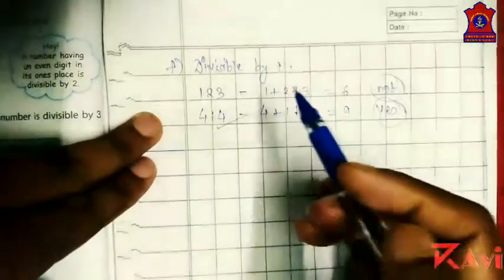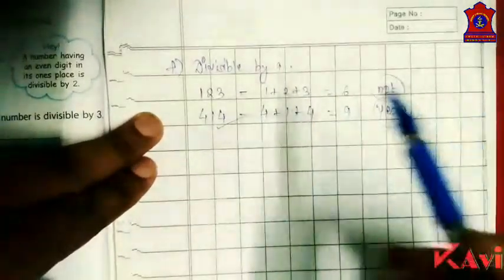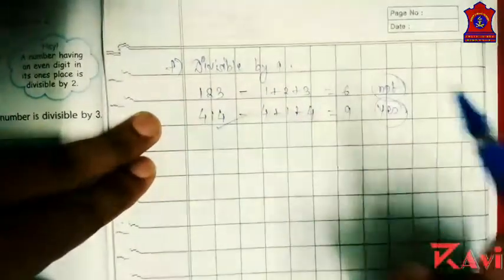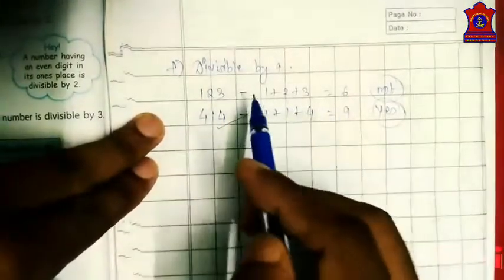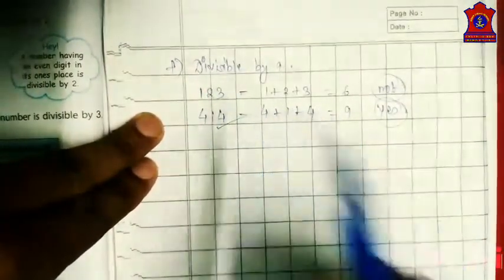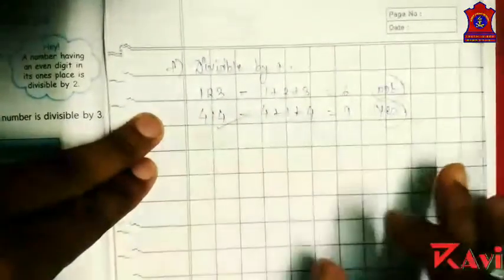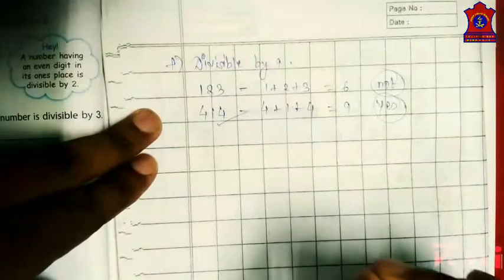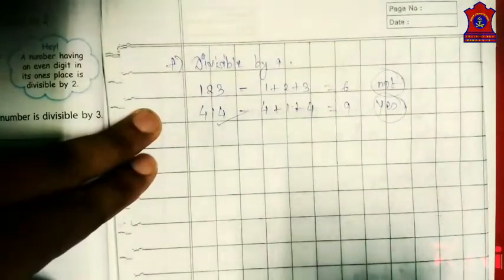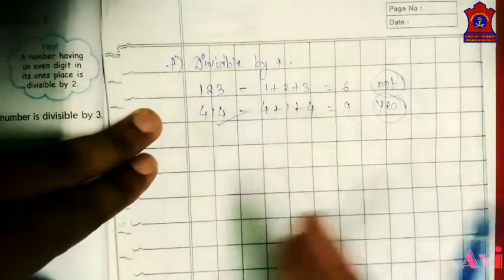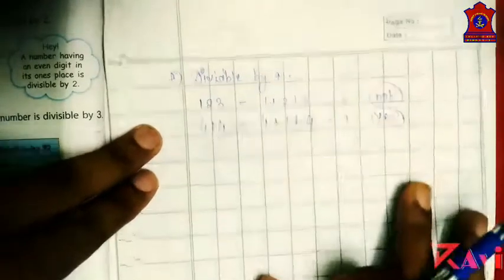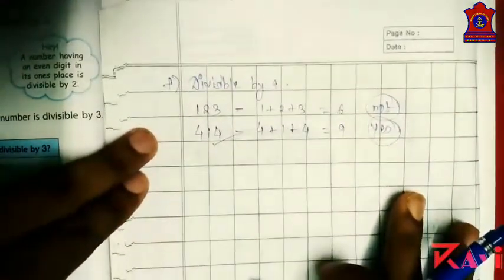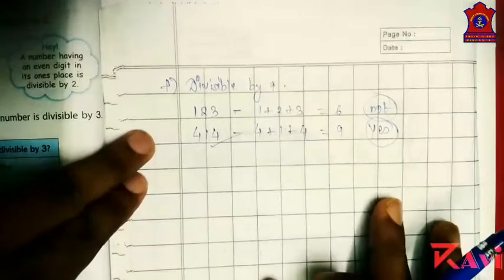So it is very simple to understand the divisibility of various numbers. To understand this, you need to practice the rules of divisibility of a number. If rules of divisibility of a number are clear, then you can easily find your factors and multiples very easily. Okay. Now next, divisibility by 4.